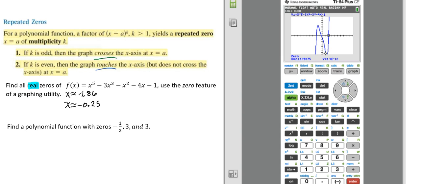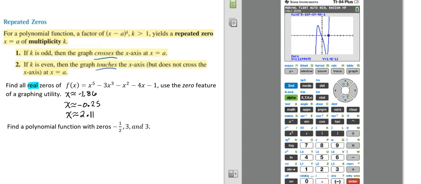Remember when we do this, the calculator asks us, are we ready to have it guess? Because it's an estimate. So we're going to put down 2.11 as our third 0. And so here we have our 3 zeros